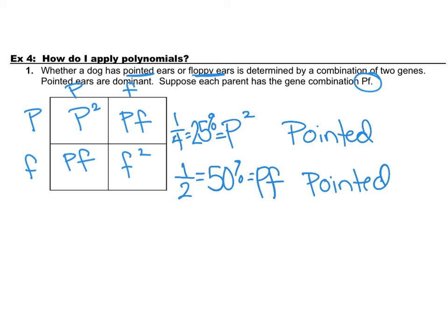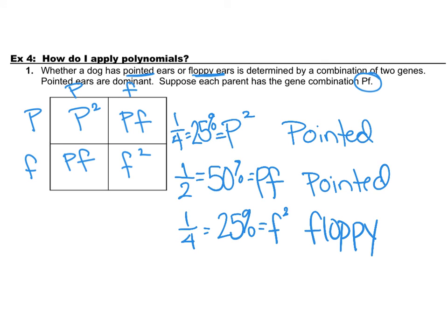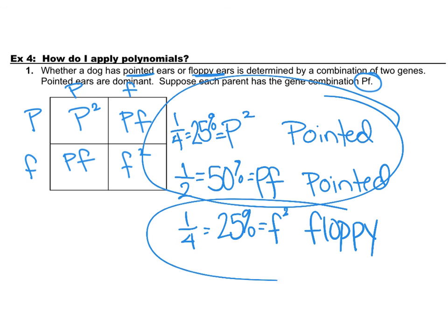And then our last population, we would have 1/4 of the time, or 25% of the time, where you're going to have the F squared, which ends up resulting then in a floppy ear. So when it's all said and done, you have a 75% chance of having a pointed ear dog, and 25% of the time you'd have a chance of it being floppy eared. So in this